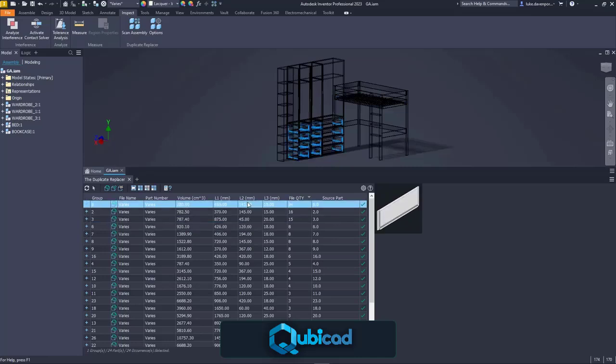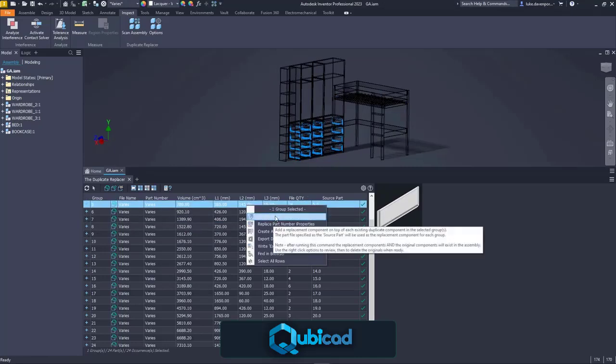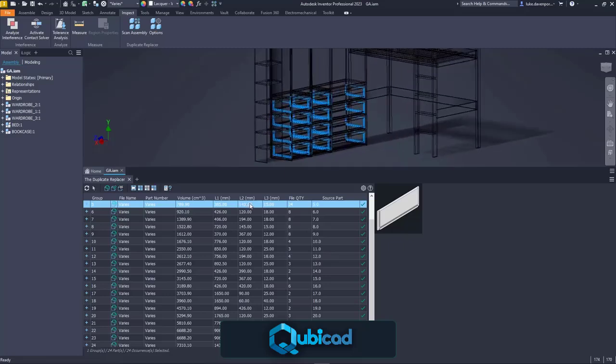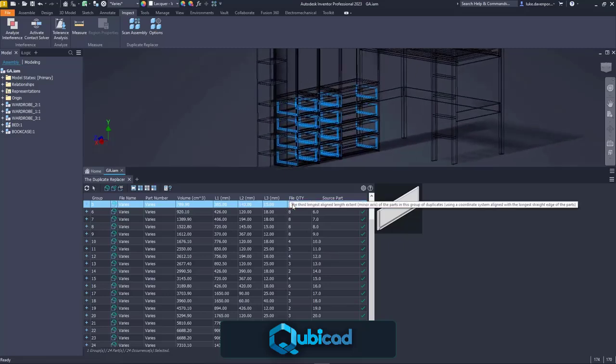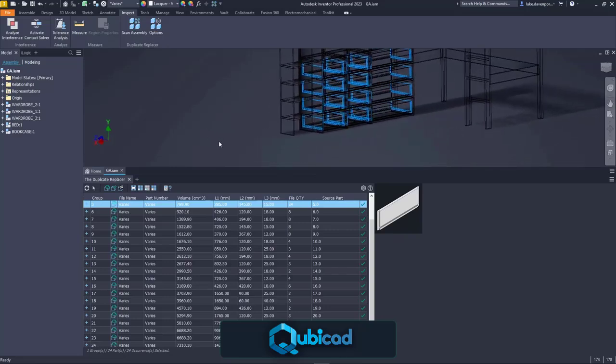Okay. So if we were to right click here and replace the parts for this one group, for these draw sides here, we would replace 23 of these parts with the first of the 24 parts, and then we'd have 24 occurrences, 24 instances of a single part file representing these 24 draw sides. But